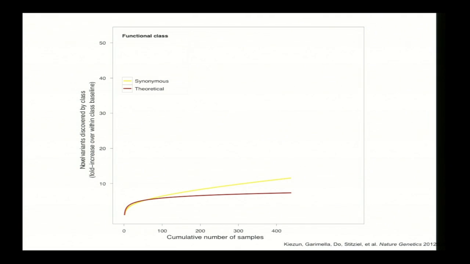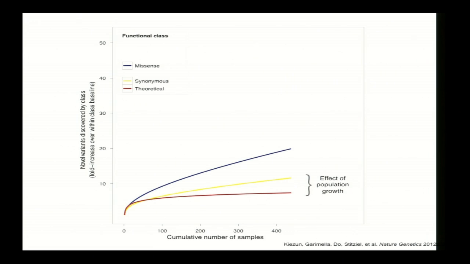In synonymous sites, I see my slope is much greater, meaning that I pick up more and more rare variants on the way. And we think that most of this is due to population growth. Selection on synonymous sites, biased gene conversion, maybe other forces are in play. Probably the main effect is population growth, and this crossing is the signature of the out of Africa bottleneck. These are data on Europeans.